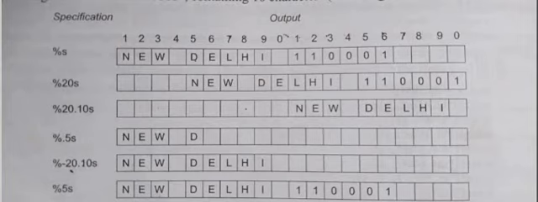So %s string. If your input string is New Delhi, NEW space DELHI space 110001. So check out how many characters including blanks. 16, I think. So %s, look at the %s notation. %20s, total allotted 20, out of which we have only 16 characters, so 4 are left blank on the left hand side.